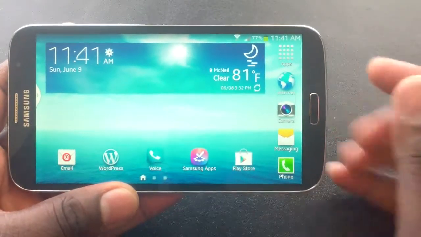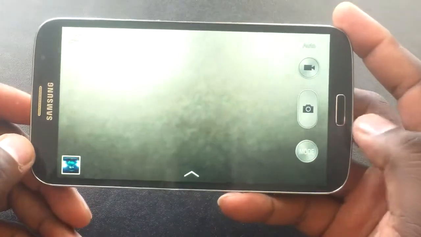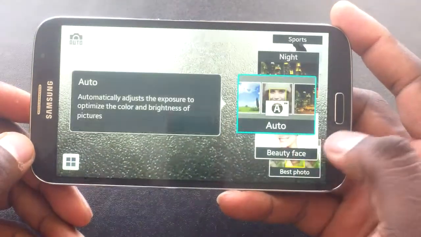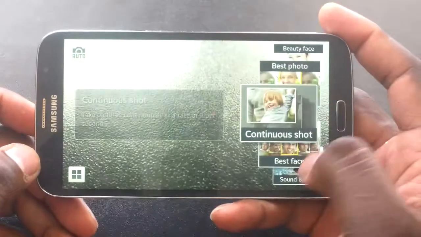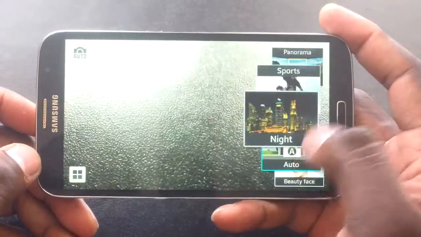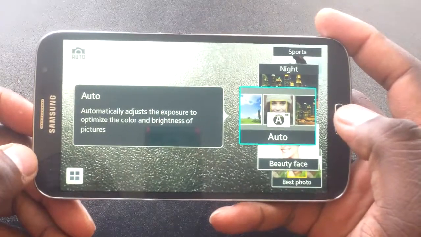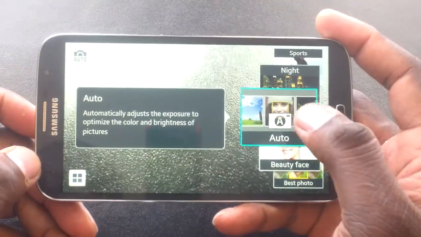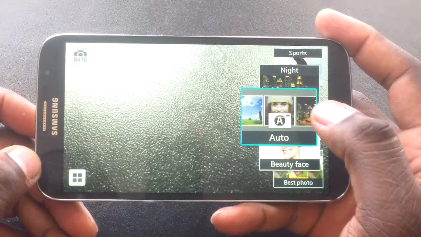But we're gonna look at the camera interface, and pretty much what you're gonna see here is the same type of deal that's on the Samsung Galaxy S4 and the Samsung Galaxy camera, with this carousel type interface here for all your items that you select that you want to take a picture of. So you have the auto, and there are some things that are on here that are not on the Galaxy S4,